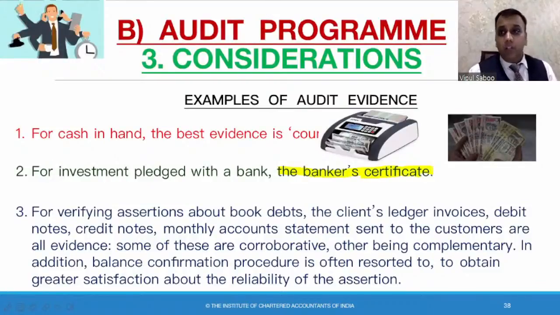I have taken a loan against an FD with the bank. So I have an FD with the bank. I don't want to break that FD. I've asked the bank to please give me a loan against that FD, or my national savings certificates with the post office, please give me a loan against this, or the Kisan Vikas Patra, the KVPs, whatever investment I have with me. If I have taken a loan against those investments, to check that, we always need a third party confirmation, that is, the bank will ask the client, please arrange for us a banker certificate.